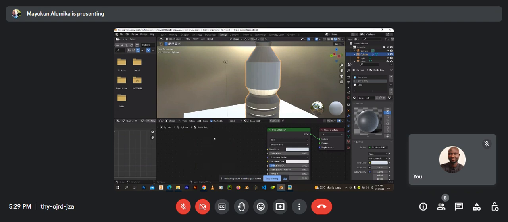Let me just tell you where it is. If you press Shift A, you come to texture, and it will bring in another drop-down. Then you look for image texture. So now I've added an image texture, and